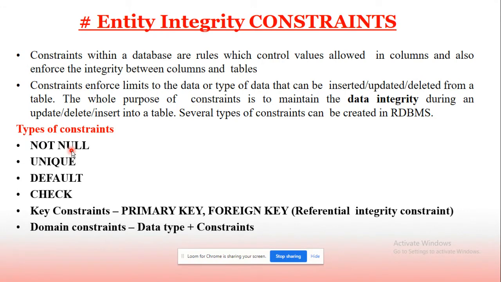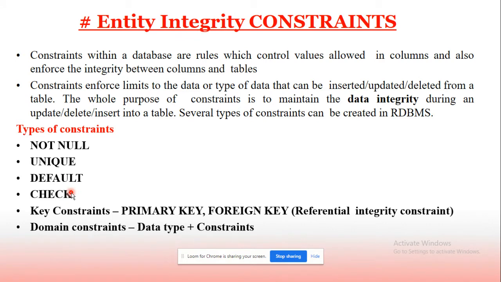So starting with the not null constraint, unique, and check constraint. We have already done primary key and foreign key constraint in the last practical. So domain constraint comprises a combination of any of these constraints and the data type.